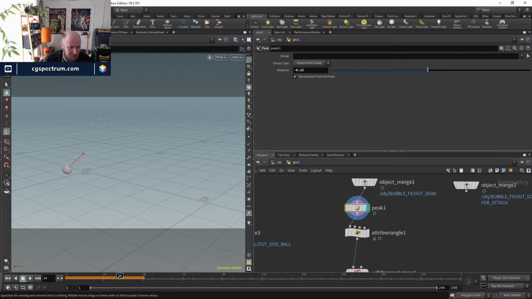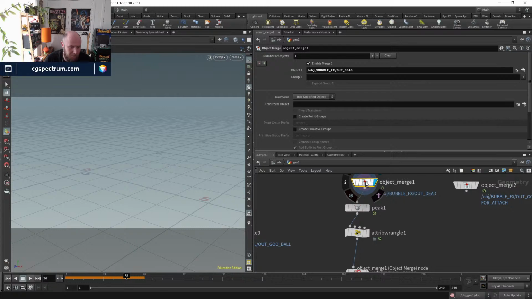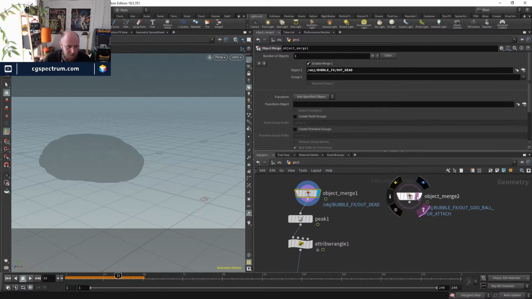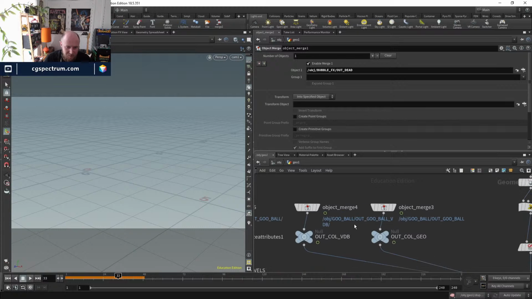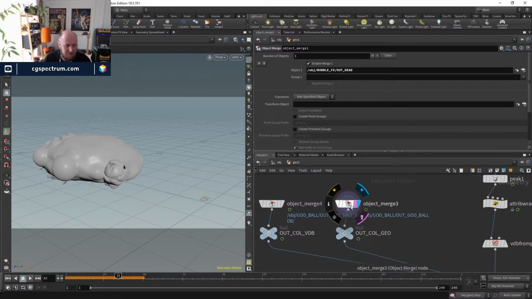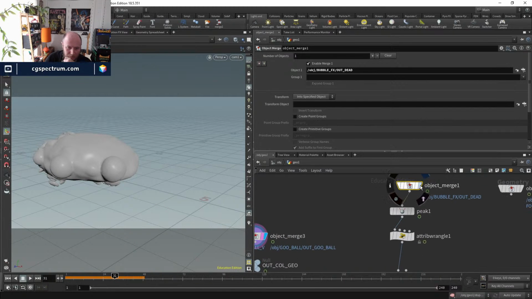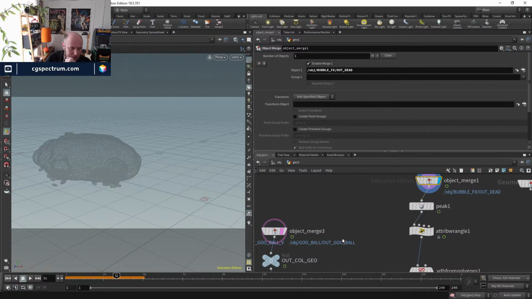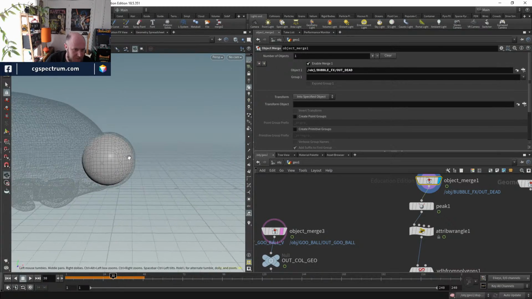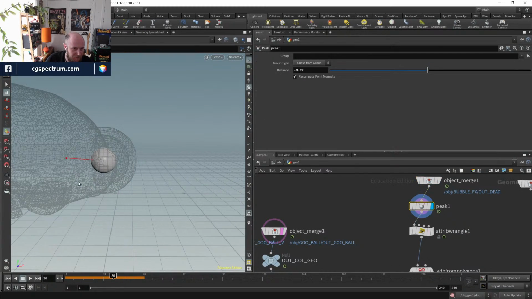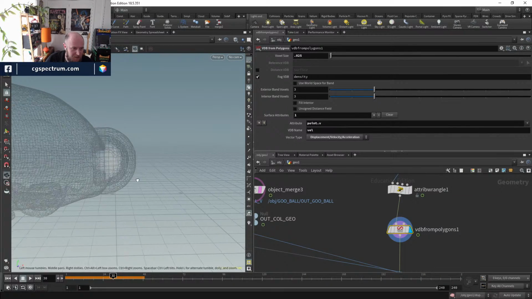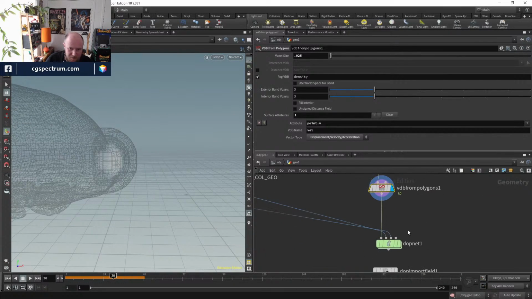Oh, let's have a look. It's kind of hard to tell. Where are we? Here. So we've got this one. There should really be a ball being created here. Ah, there it is. And then the peak is sort of tucking that right into the VDB. So it is being created, but